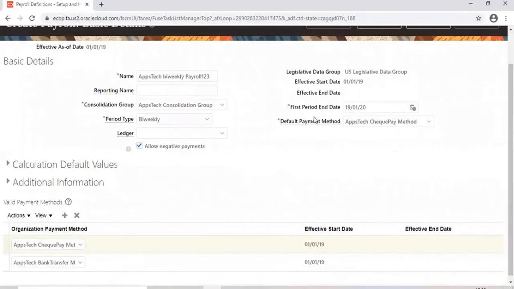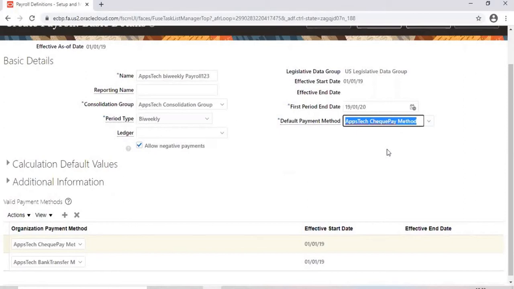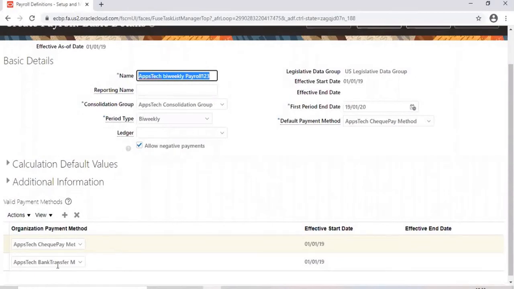This default payment method comes into the picture only when no bank details are provided, or when we have not selected any payment method from the below two. This one comes only when the employee doesn't have any bank accounts. When I link these as valid payment methods, it means this payroll can use these two. It doesn't mean that these two are mandatory. This payroll can use these two payment methods to pay employee salaries.